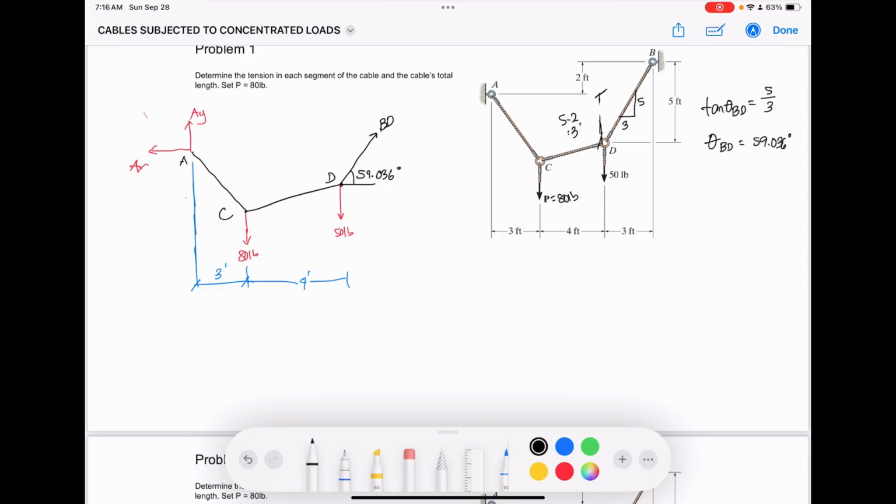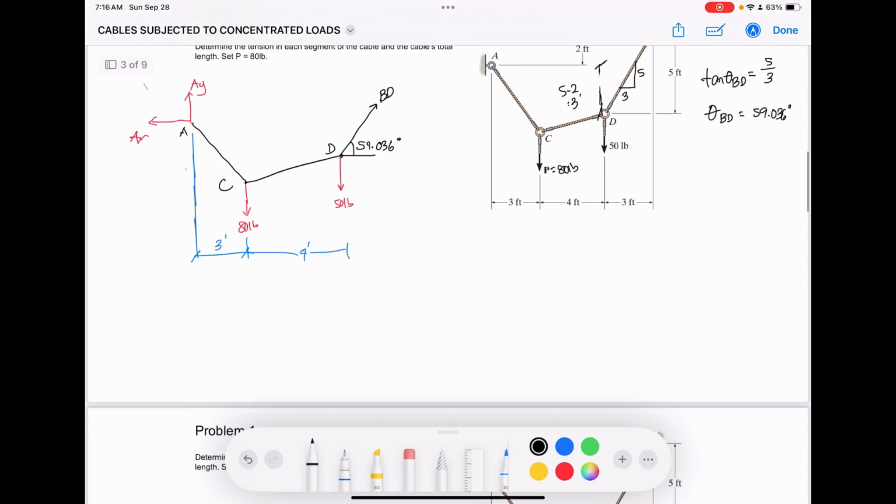So we can solve na. Summation of moments about A equals 0. We have 80 pound na force, tapos 3 feet ang distance, plus 50, 3 plus 4 is equal to 7, minus 7 BD